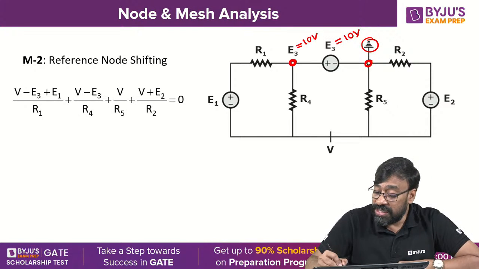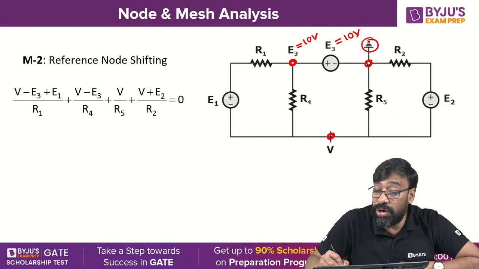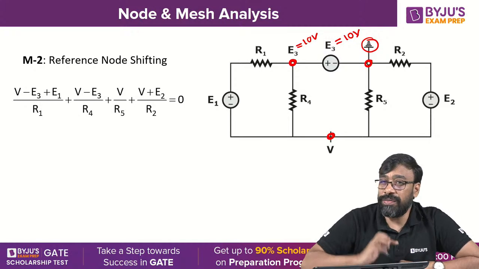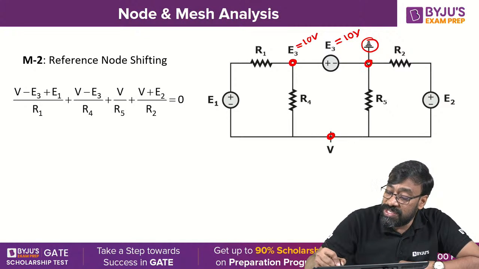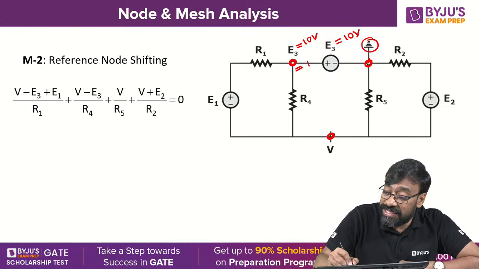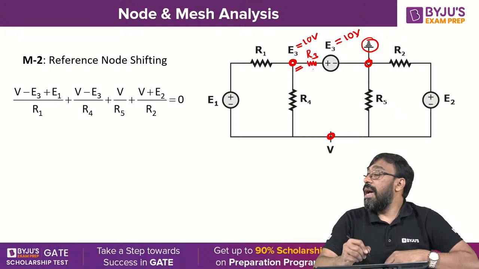But what is the other node that is not available here? The voltage at V. You understand all of you? Out of 3 nodes, when I take this one as 0, this voltage is known now as E3 because there is no series resistor. If there is a resistor here,